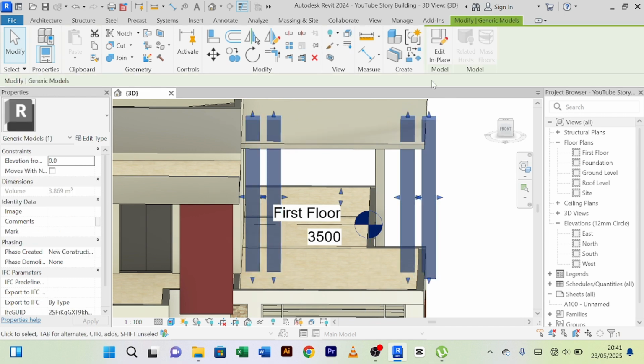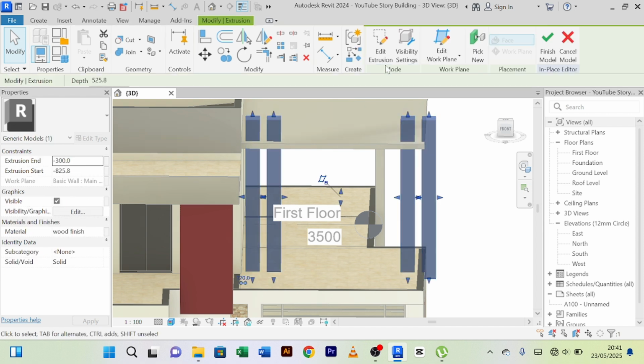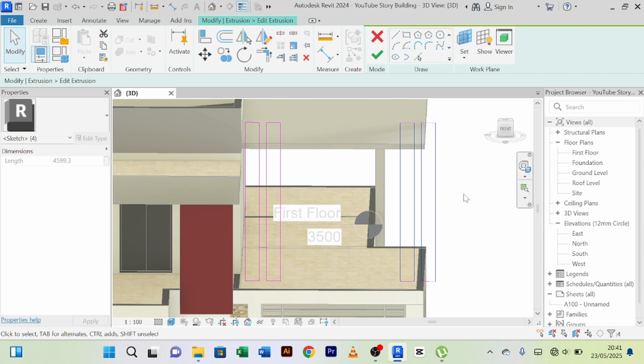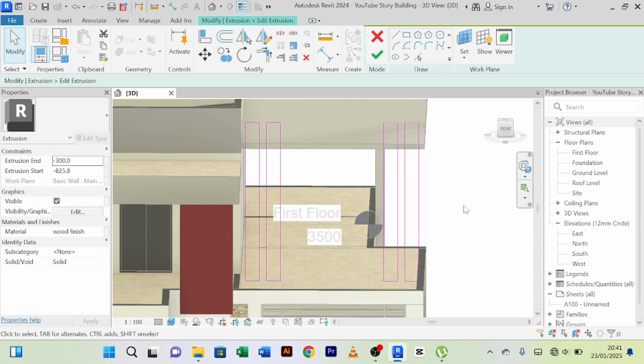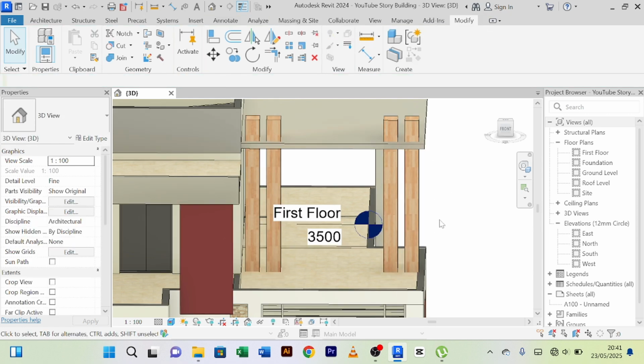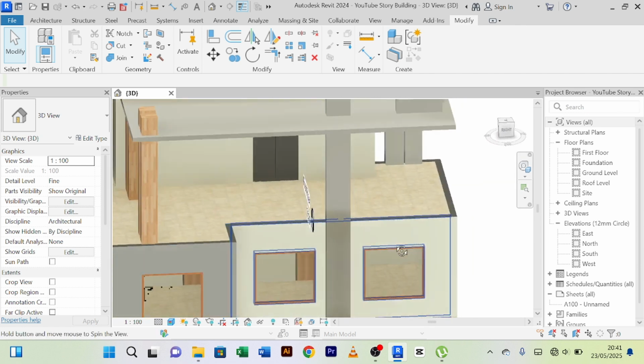I'll click on it, I'll edit in place, then I click on it again, I edit my extrusion. I'm going to select this, then I can just push them inside like that. That is the beauty of extrusion. You can really push things the way you want. So we shall have that,